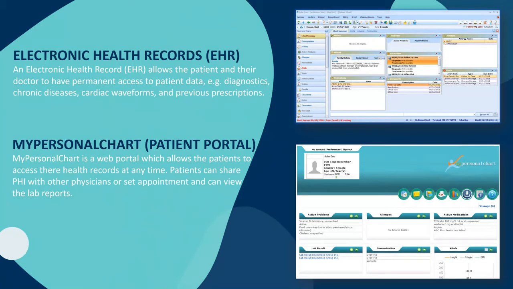It tells you the patient portal. That means the best part about connected health is access to your record on the website. That's important, right? Because that way you can see your personal record: what are my problems, what are my allergies, what medications have I taken, and how my past lab results are trending. For example, if genetically you have diabetes, you would like to know your HbA1c value at least every year, correct? To see how it's trending. So that's where my personal chart, or a similar access point, is very crucial.